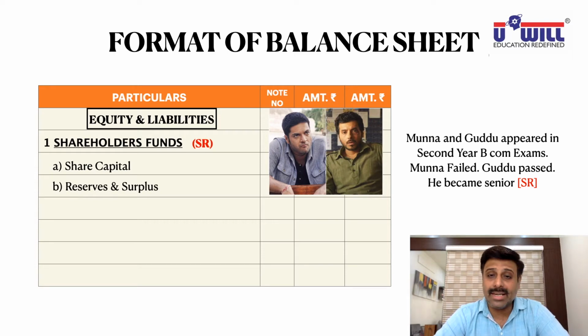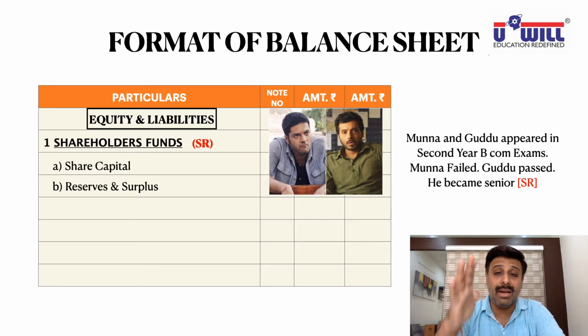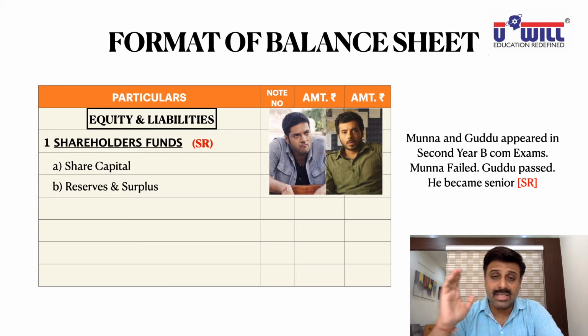So I repeat it once again. How will share capital's note be made? We have written that note number column. So note we will be making in detail separately, and here we will just write the final amount. So what all things we will be writing in detail in that note of share capital? Authorized capital, issued capital, subscribed capital, called up capital, paid up capital. Paid up capital will be included in the total, other amounts double underline just for information purpose. Two disclosures will come: shares issued for consideration other than cash and bonus shares will come in bracket as extra information. If there are any calls in arrears, we will minus in share capital. If there is any share forfeiture, we will add in share capital.